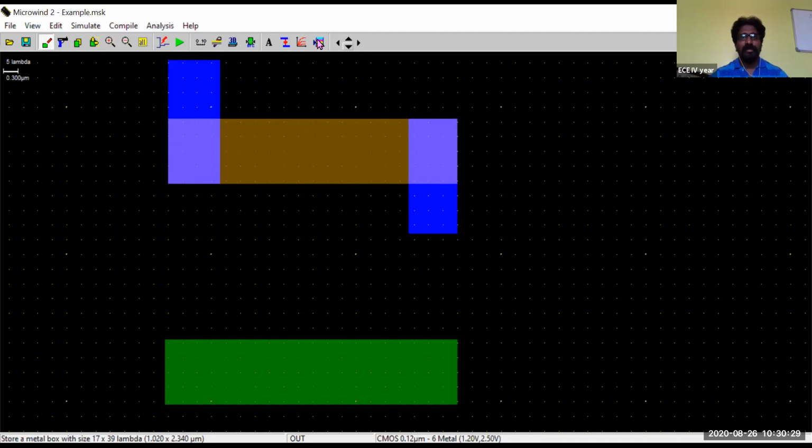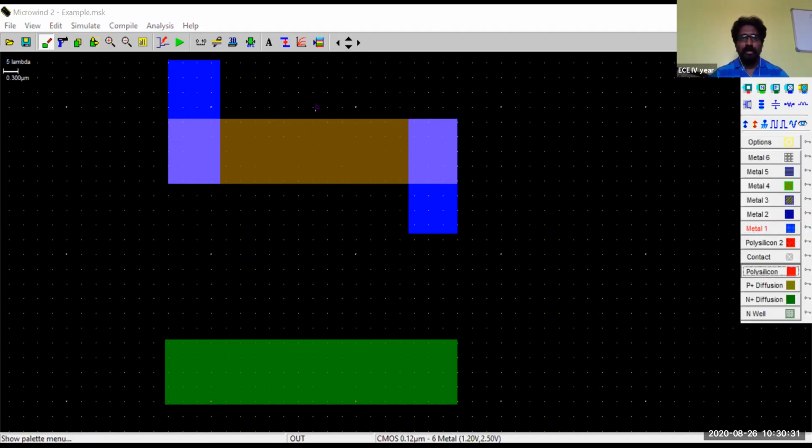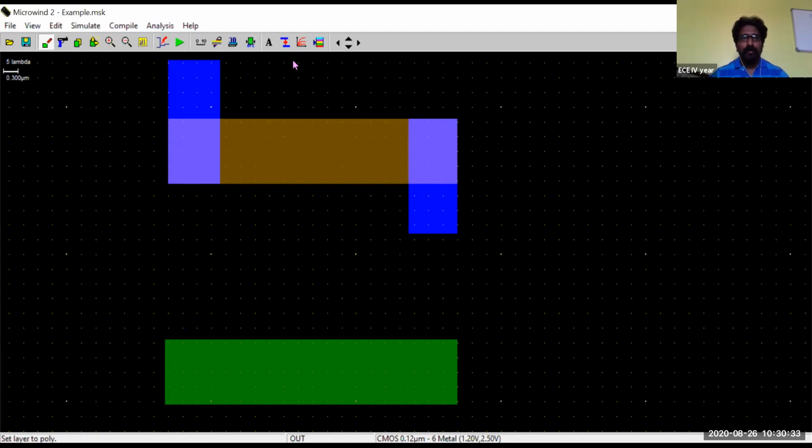In a similar fashion, draw the polysilicon. Now we have completed the polysilicon of this particular PMOS. So now this is a complete PMOS.